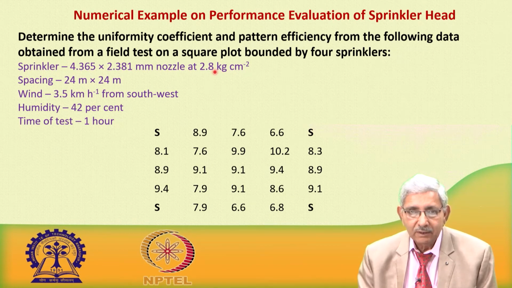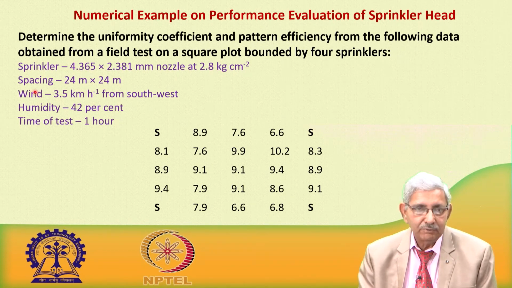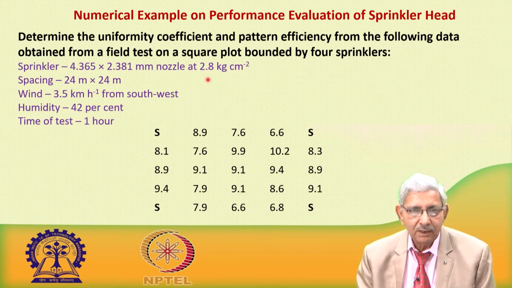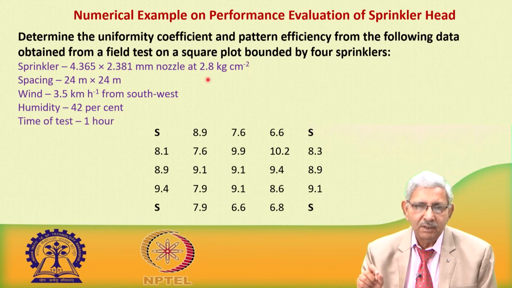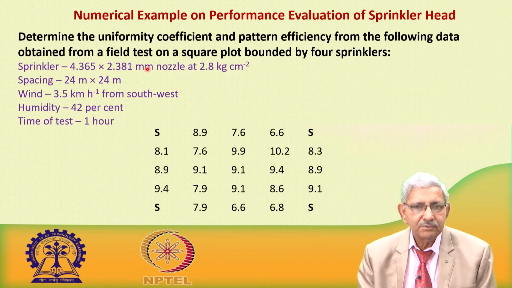So, now the area is given, the sprinkler diameter is given, and one can find out theoretically what the operating pressure will be. The area one can calculate, and we have been given the operating pressure. So, Q equal to C A root 2 g h, where the value of C ranges from 0.995 to 0.98. You can substitute the values and find out the discharge at 2.8